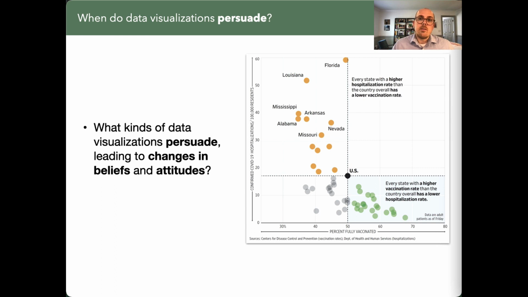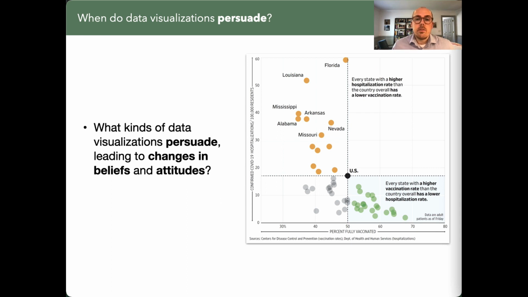Would they evaluate this evidence in the same way, potentially change their view about the effectiveness of vaccines? Or because of their existing attitude, would they evaluate this data in a different way, for example, perceiving the relationship to be weaker or more uncertain, and as a result be less likely to change their existing views?